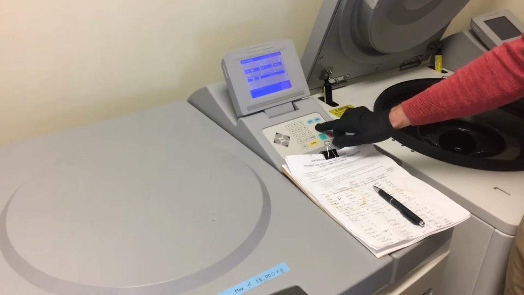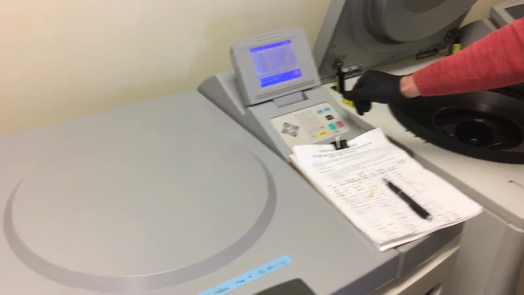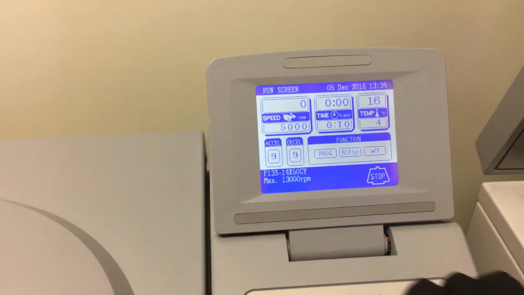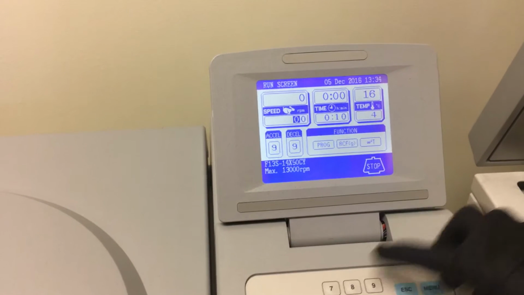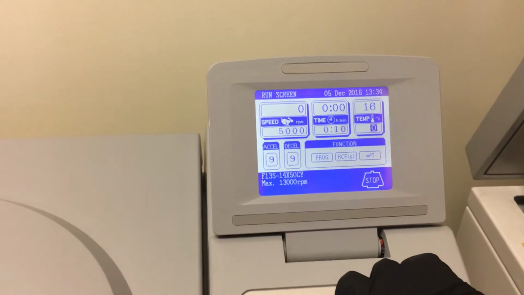Here we have an ultracentrifuge. It can reach a max speed of 9,000 rotations per minute. And in the middle of these two ultracentrifuges, we have a control panel where we can control the rotations per minute, temperature,